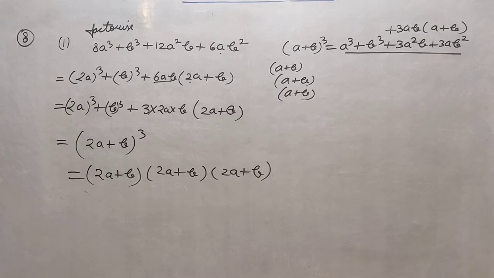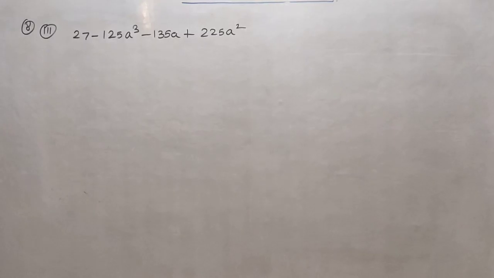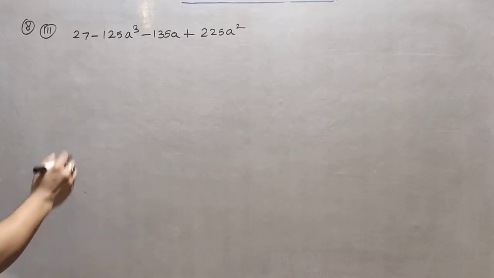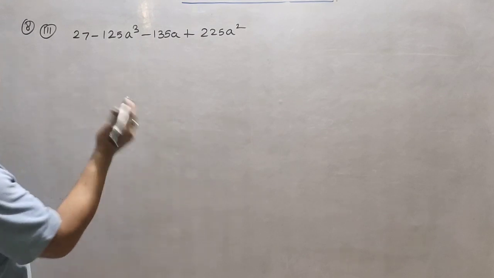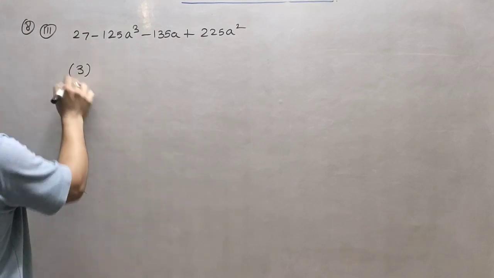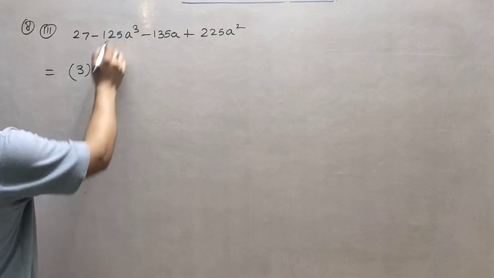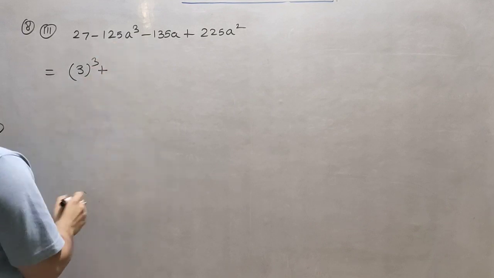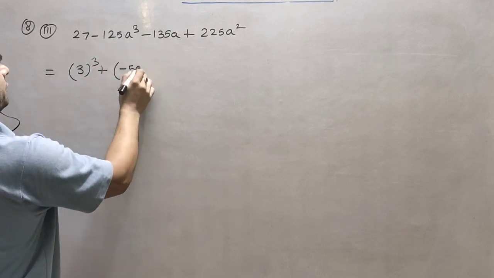Now question number 8, again the second part, we can start with the second or third. So in this third part we will see two minus signs are here. So how can you find which identity we can use here? Firstly we will try to convert to the cube form. How many terms can we convert to cube? We can convert this one, okay, and this one. Suppose I am putting here plus minus 5a whole cube.